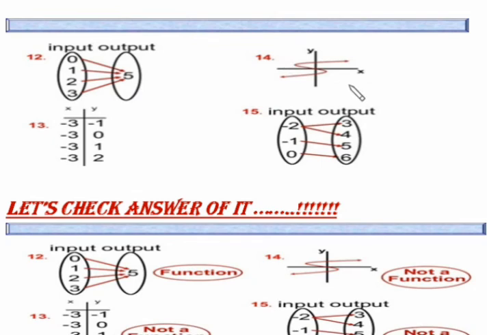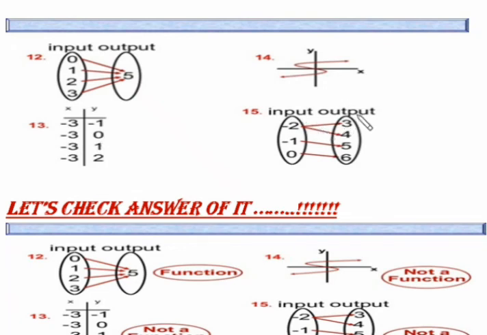Here once again the same problem. A single x giving two or three values, just like here -1 gives this y, this y, and this y. So there are three y's. It's not possible. Now this one, -3, -3, -3, the single x has different images. It's not possible. It is not an ordered pair.